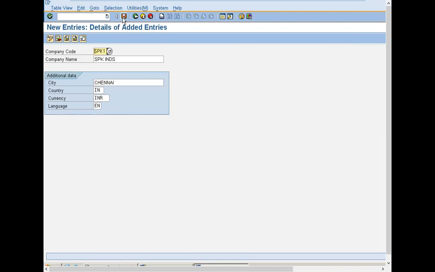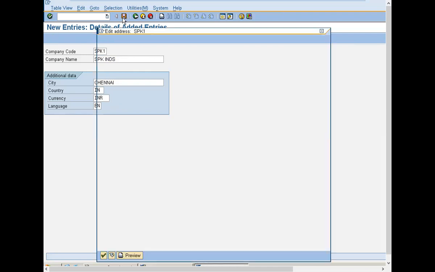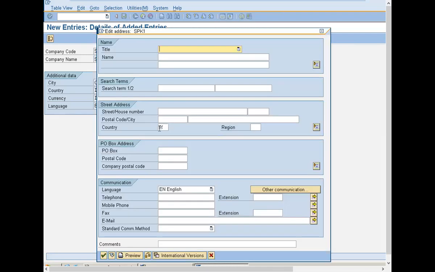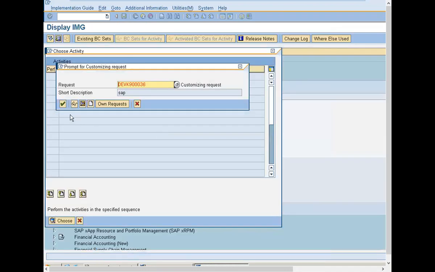See, this enterprise structure is only for SAP material management MM. Only when you create this enterprise structure, you will be able to work in SAP material management MM. Now click onto this disk or Control S to save. Country IN. Press enter. Click on continue.